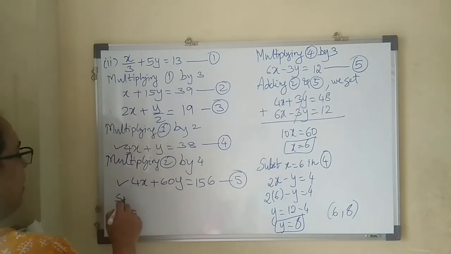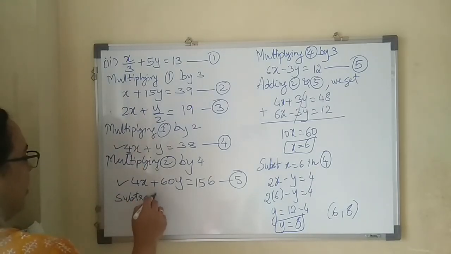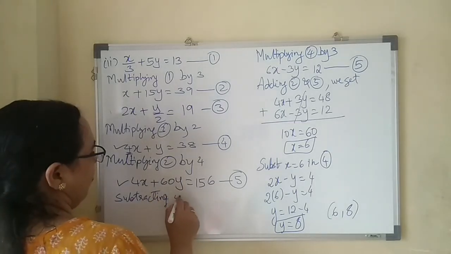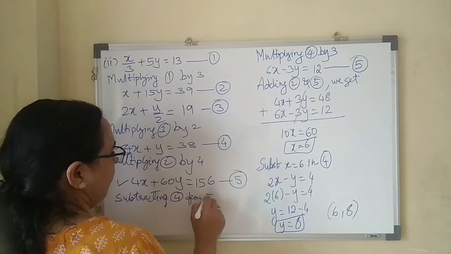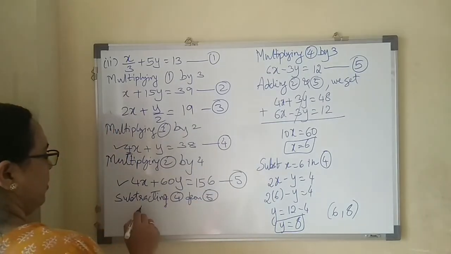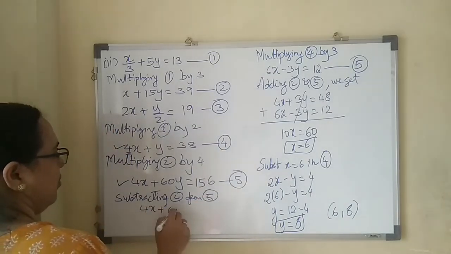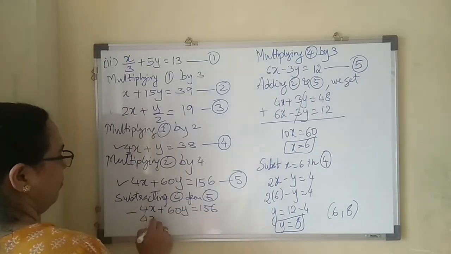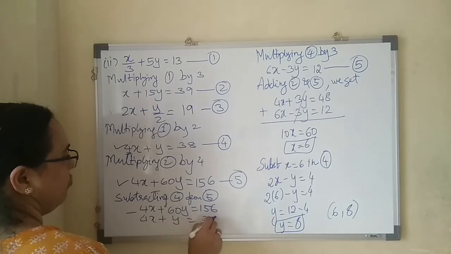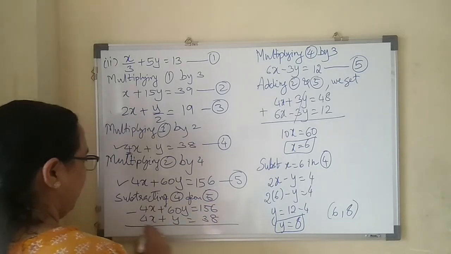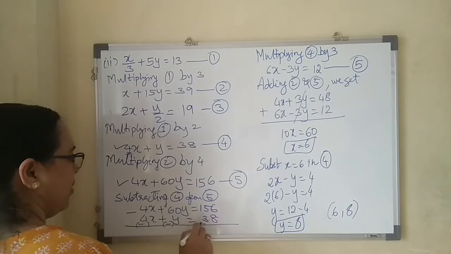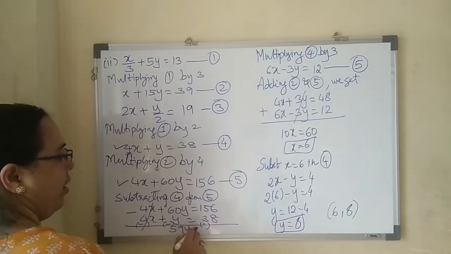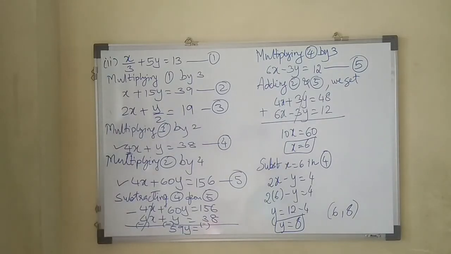What can be done? Subtracting. Subtracting 4 from 5, try subtracting: 4x plus y equals 38. Subtracting changes the sign. This term gets cancelled. This is 59y equals